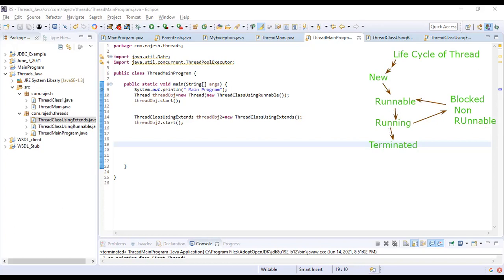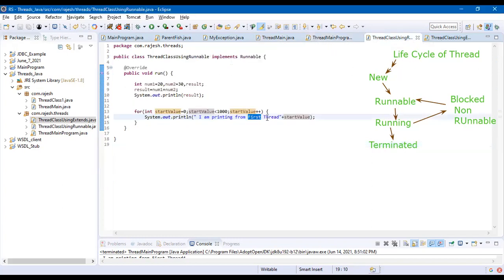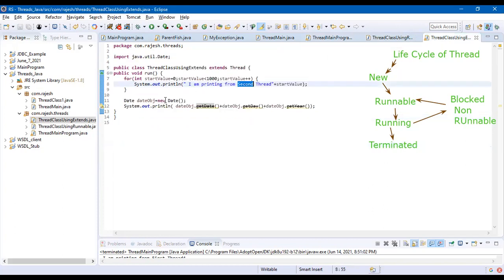So this is the runnable, running, and then it is going to non-runnable. I didn't get the non-runnable and block. In the program, do you remember we gave a line here?